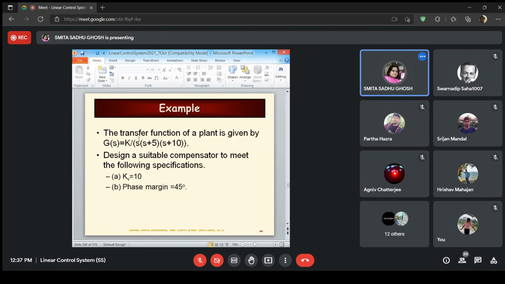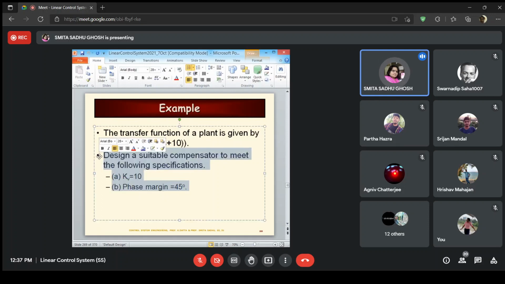The transfer function is in the pole-zero form, but the gain of the system is not specified, so it's given in terms of K. Now it has been said that you have to design a suitable compensator to meet the following